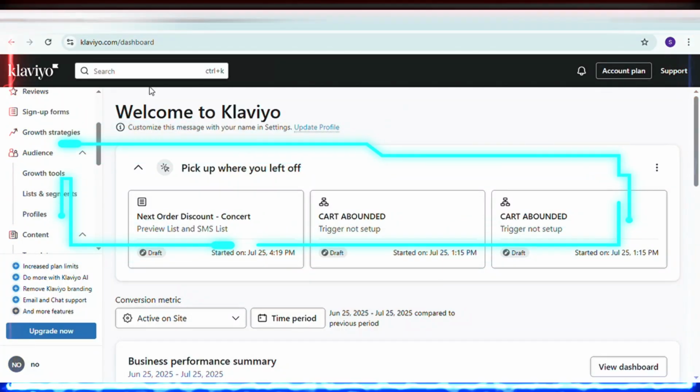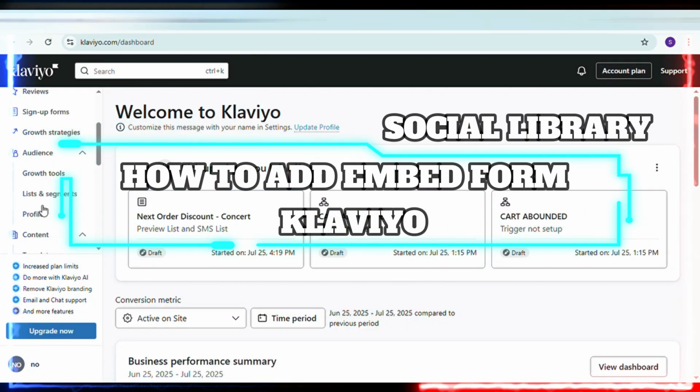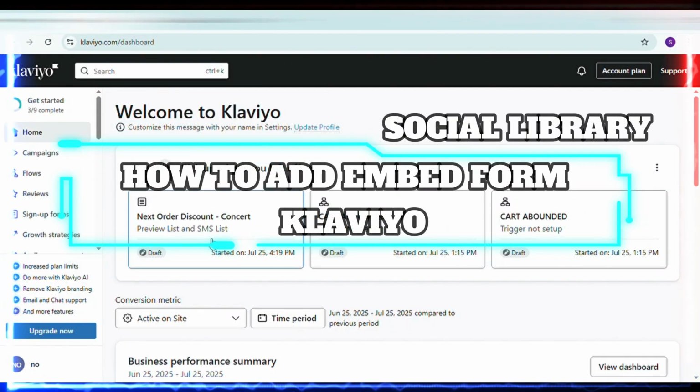Hey everyone, welcome to this tutorial where we'll explain how you can add an embed form in Klaviyo, so let's get